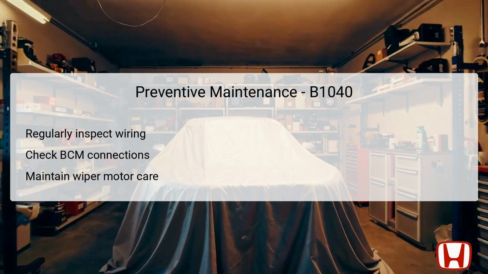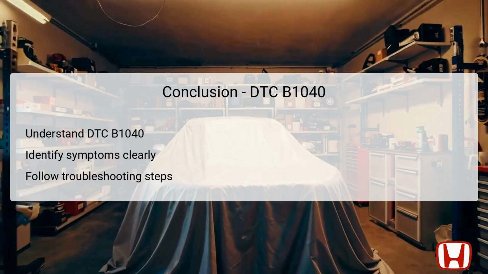Additionally, check the connections at both the body control module, BCM, and the windshield wiper control unit. Ensuring they are secure can minimize future problems. Furthermore, maintaining the care of the wiper motor, such as cleaning and checking functionality, is crucial for ensuring its longevity and consistent performance. In conclusion, addressing DTC B1040